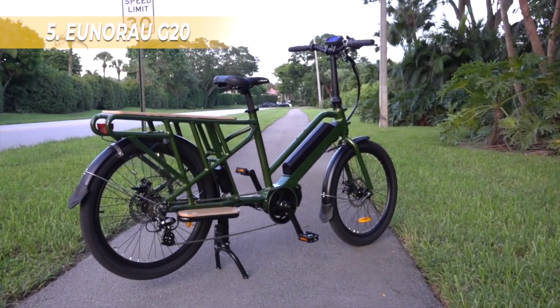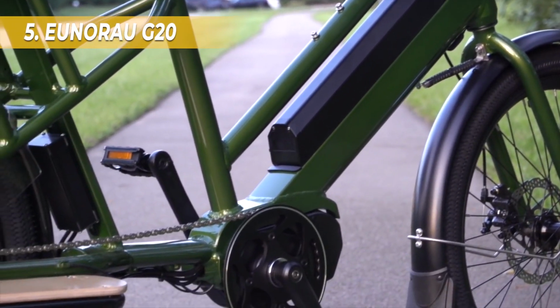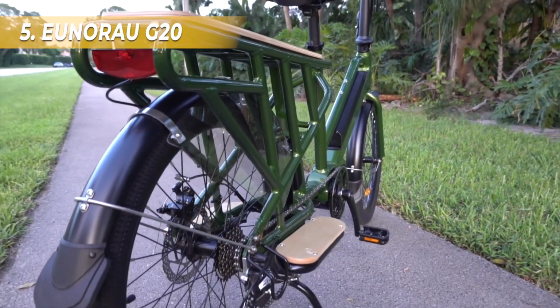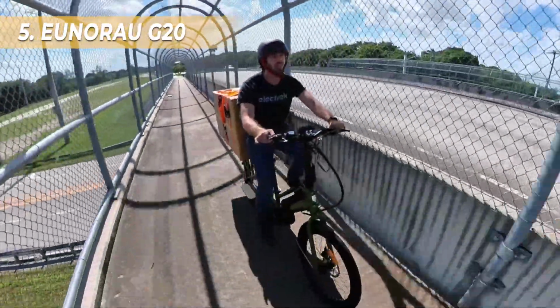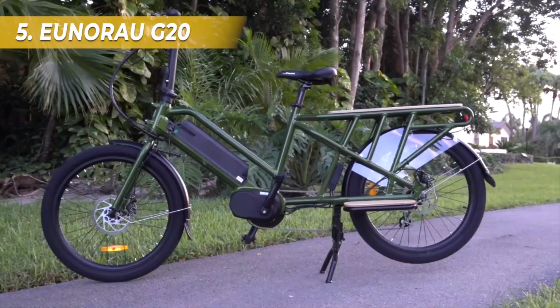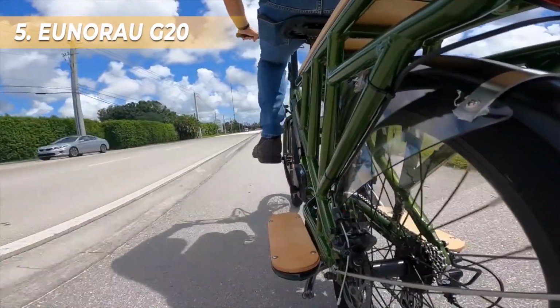Number 5. Eunorau G20. The G20 is an electric cargo bike built with a sturdy tubular frame with a large rear rack for carrying cargo and a spacious front rack that can carry more stuff compared to others. It has a maximum payload of 440 pounds. The rear rack has a higher guardrail that can be removed and has adequate dimensions to accommodate 2 child safety